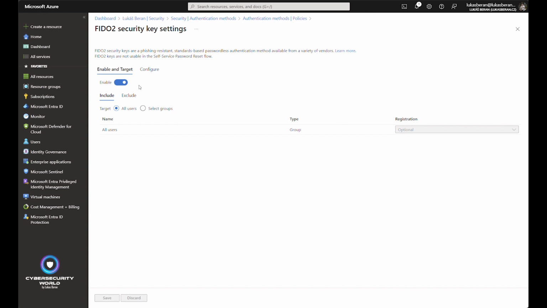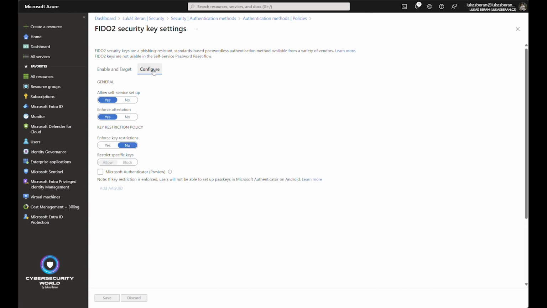And first of all, you need to make sure that this method or this policy is enabled. I definitely recommend enabling it for all users because passkeys or FIDO2 keys are the strongest authentication method that's available in Microsoft Entra ID. This authentication method is already considered phishing resistant,